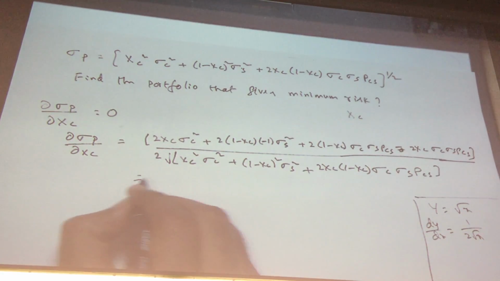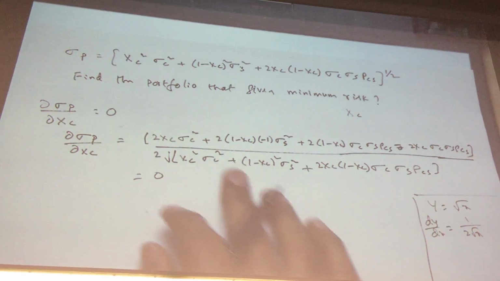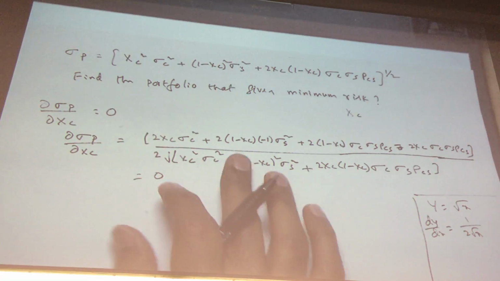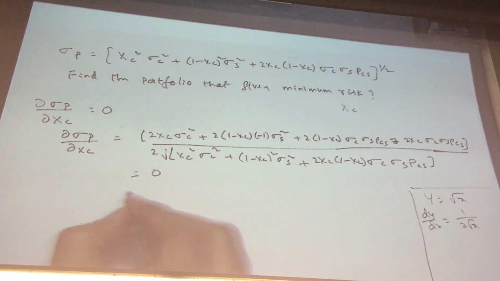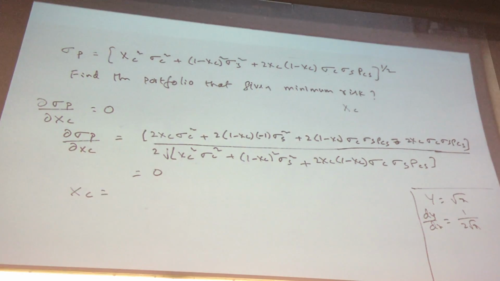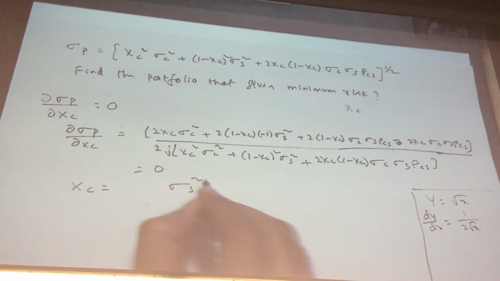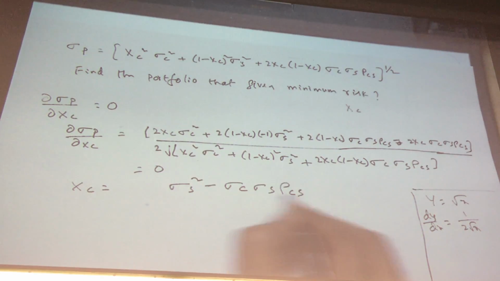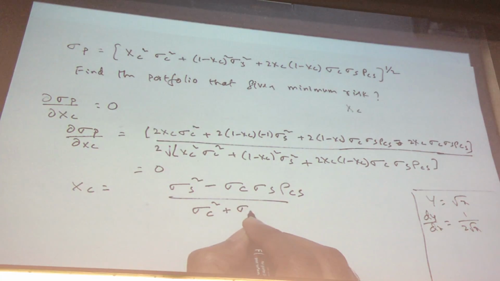And you need to equate this to 0. But don't worry, I'm not going to ask you to memorize it, but remember the derivation, that's actually very useful. When I equate this to 0, I have the chance to find the xc value. In this case, that is sigma s square minus sigma c sigma s rho cs, divided by sigma c square